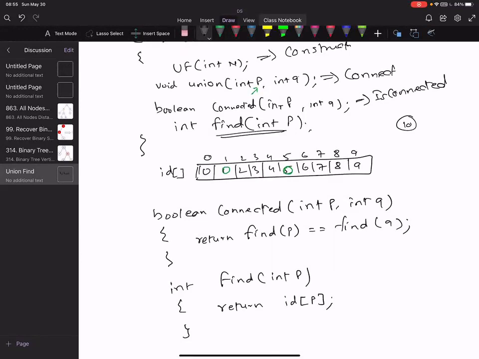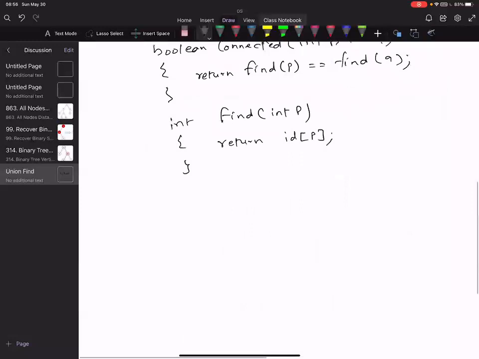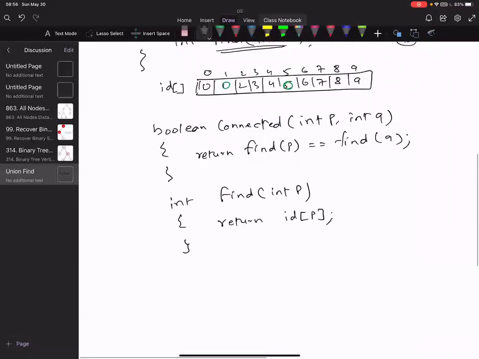Now, the only thing we haven't implemented is union, right? And all the magic happens here, in the sense of how efficient we make this algorithm. So we are going to start with the implementation of quick find.